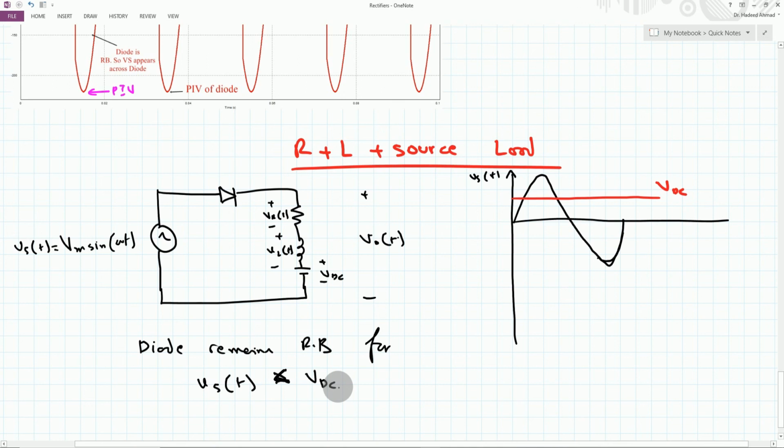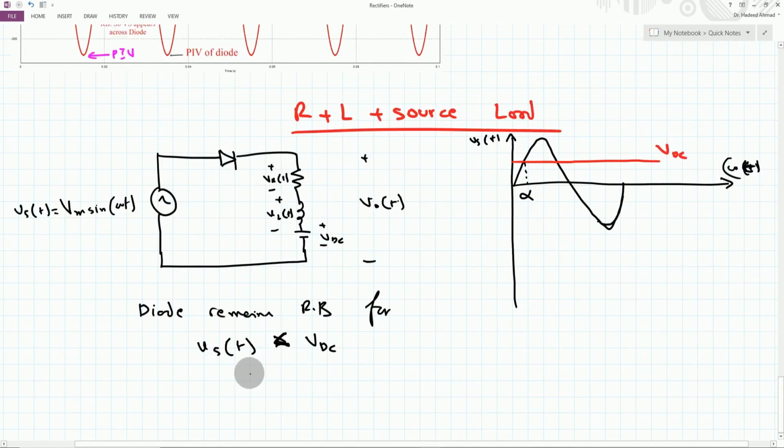So this means there is a value on this ω t axis after which the diode becomes forward biased. Let us say that this particular value is known as alpha. So this implies that Vm sine of alpha becomes equal to this VDC, then ideally, if the diode is an ideal diode, it can go into the conduction mode if the anode to cathode potential is equal to 0 volt. Then using this expression, we can get the value of alpha equal to the sine inverse of